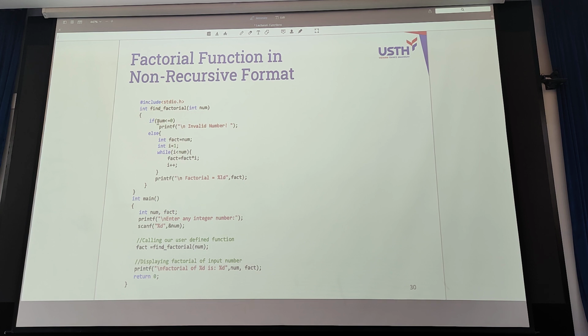Firstly, you have to make sure that the number is bigger than or equal to 0, and then keep computing the multiplications of all the numbers smaller than this one, using the while loop. Right. So I think you can distinguish between non-recursive and recursive functions. All the same thing here.